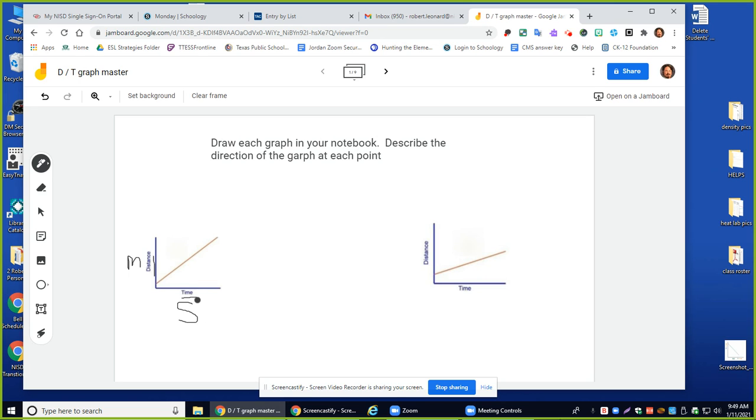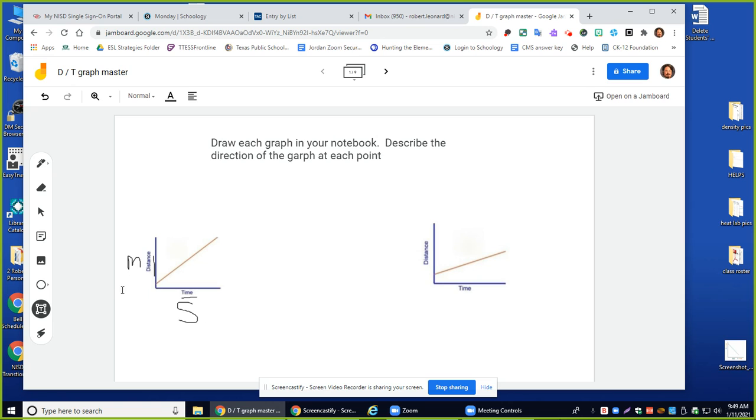Have you drawn this, Brianna? Have you drawn your graph? Okay, so everybody needs to be drawing and labeling these graphs. You will be using these. So Brianna, you don't have a science spiral? Okay, so with that being said,